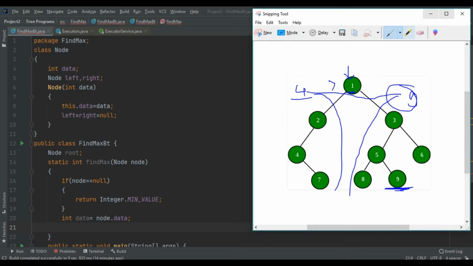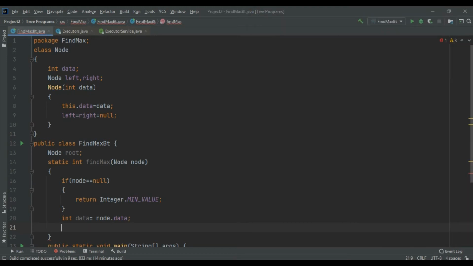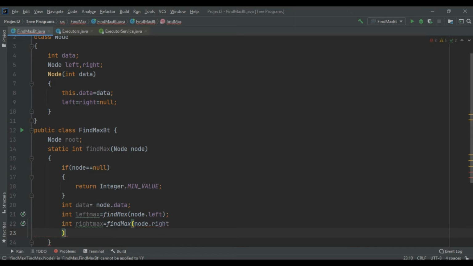Okay, so what we have done here is, our node is not null, so int data is node.data, so 1 has been stored. Now we would be doing int leftMax is findMax of node.left, and int rightMax is equal to findMax of node.right.